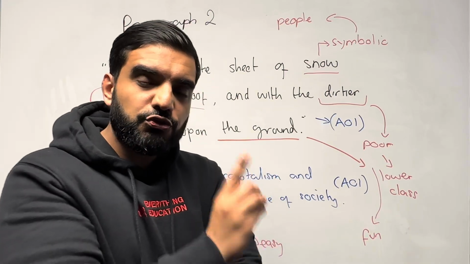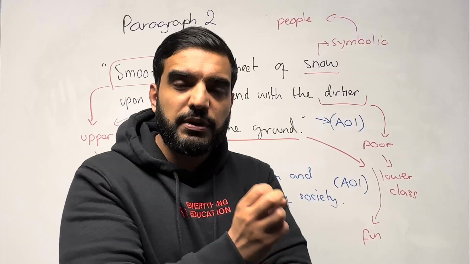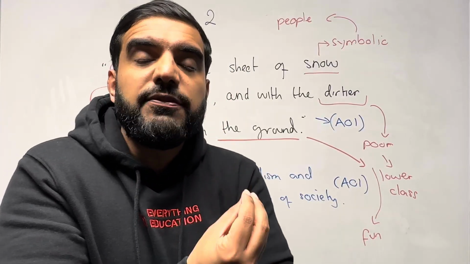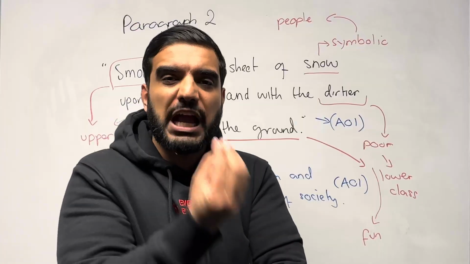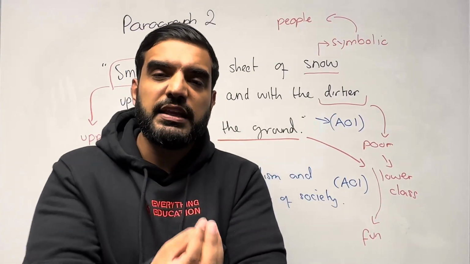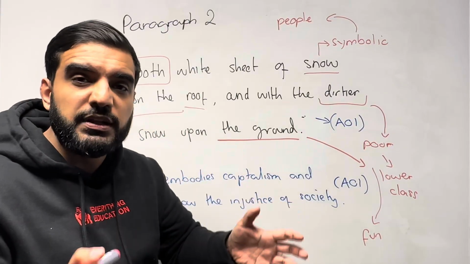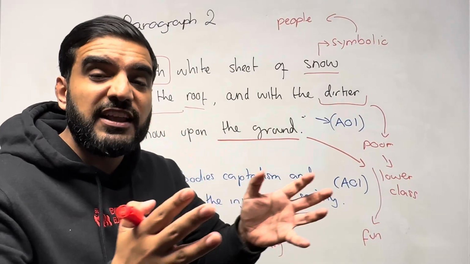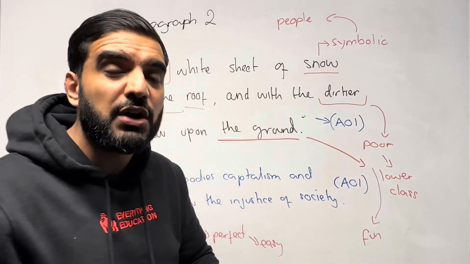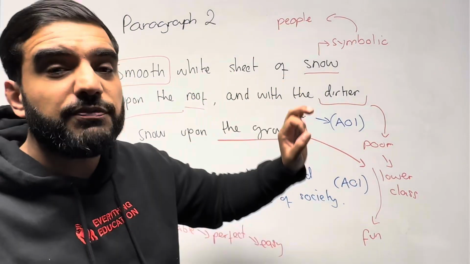Paragraph 1, Scrooge is an example of a character who has forced loneliness. Paragraph 2, Scrooge is a character who embodies the belief of capitalism. He's a true capitalist. He only cares about himself and he only cares about his money. Therefore, we can use this quote to show the injustice of this belief, the injustice that takes place in society. However, we can end the paragraph by talking about, despite the fact that he represents an untouched, perfect sheet of snow,